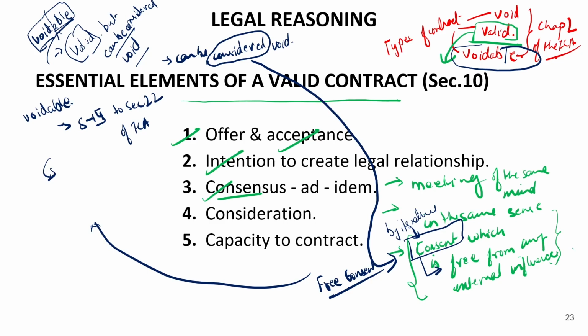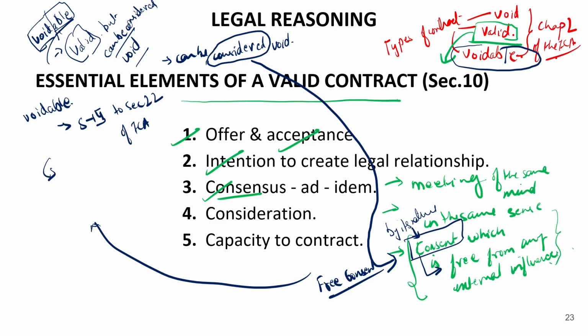Voidable in nature means that although the contract is valid, unless any of the parties raises an objection saying that their will was not taken freely and there was no free consent, and the consent was obtained through deceitful means or through external influence,